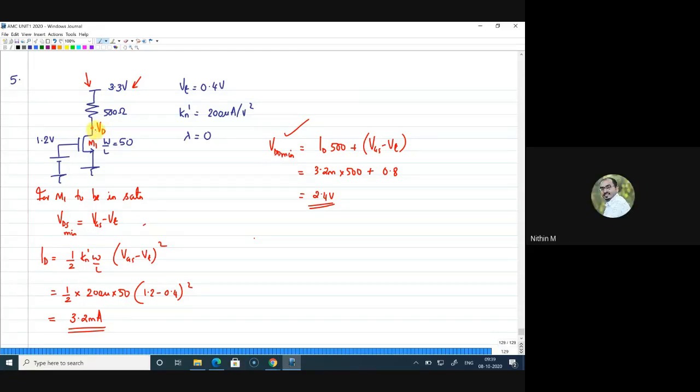Yes, sir. Okay, so if this is Vgs minus Vt, I have written Vgs minus Vt here, and with that I have to add the drop of the resistance also, that is 500 into the current flowing through it. That is what I have written here, Id into 500. So that is the minimum. Now look at the question. Minimum is 2.4 and now you have 3.3 as VDD. Then also the device is in saturation only, because the resistor is carrying the same current, but now the drain voltage can go up to a larger value. Previously the drain voltage was just equal to Vg minus Vt, but now the drain voltage is at a higher end.